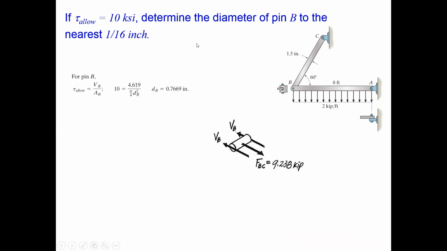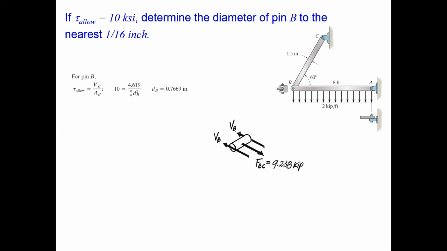Okay, so when you get an answer like this and you need to design it to the nearest 1/16 of an inch, you might be tempted to say, let's round that off to 0.75, like we normally do, or round it in some way to 0.77,